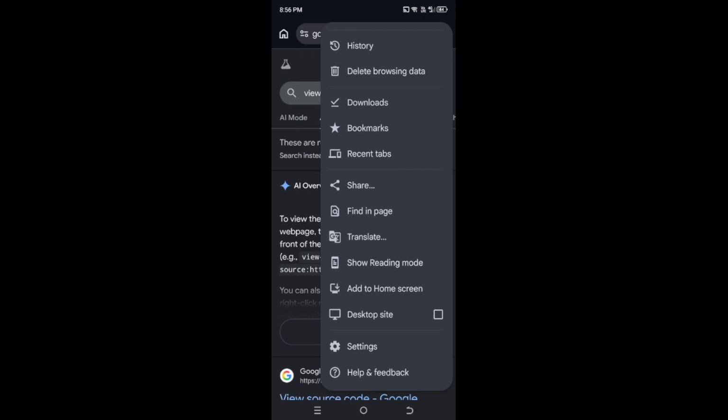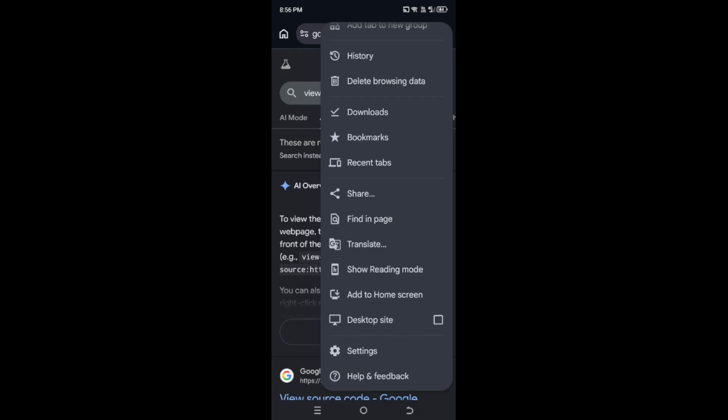From this menu, find and tap on the option called Desktop Site. On some devices, it may be a checkbox that you enable. Turning this on reloads the page in desktop mode, which is closer to what you'd see on a computer. This step matters because many inspection techniques rely on the desktop version of a site, where the full code and